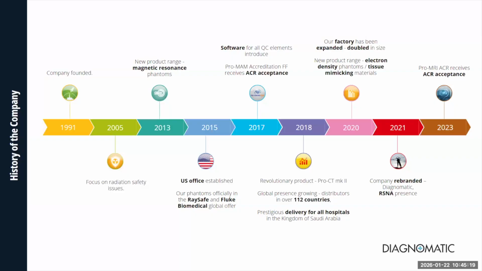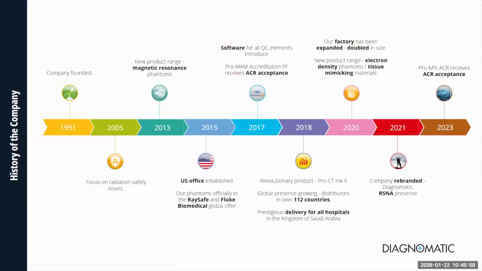And at that time, our distributor won a very big tender to deliver the QA to all hospitals in the Kingdom of Saudi Arabia. So this tender was huge, and it was like 100 kits for every modality, for radiology, mammography, MRI, CT. So a lot of phantoms we produced for the